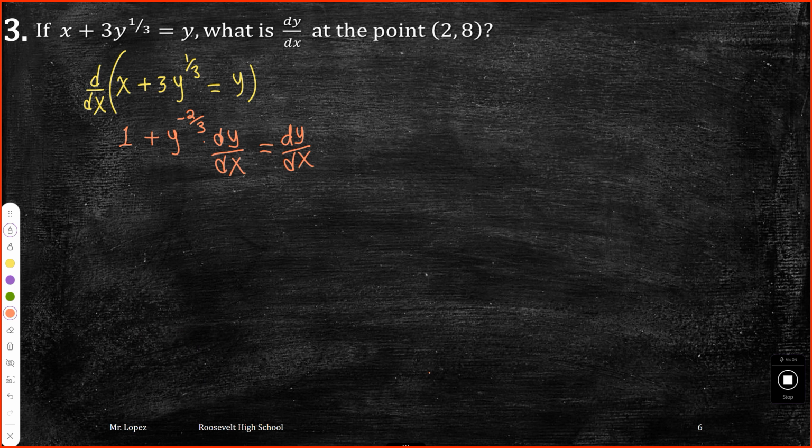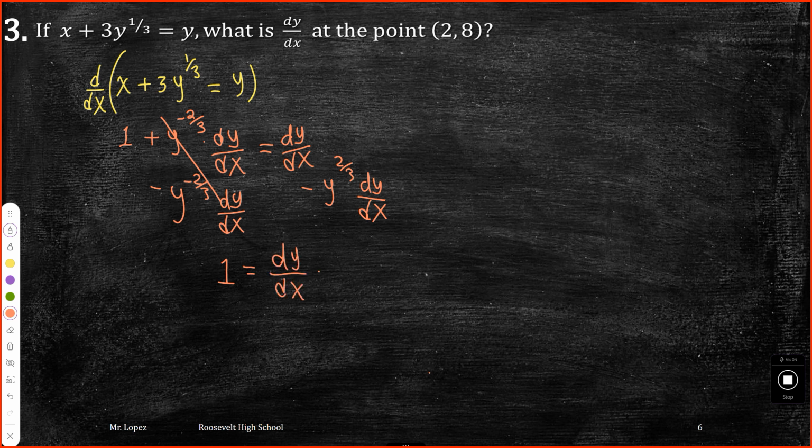Let's move the whole quantity to the right side. So I'm going to minus y to the negative 2/3 dy/dx to both sides. I'm doing a lot of writing here, but let's go. So then that thing cancels, so 1 is going to equal dy/dx